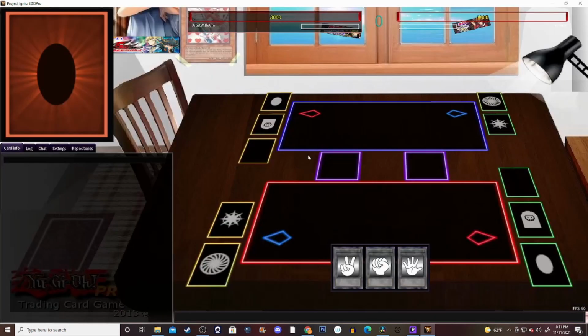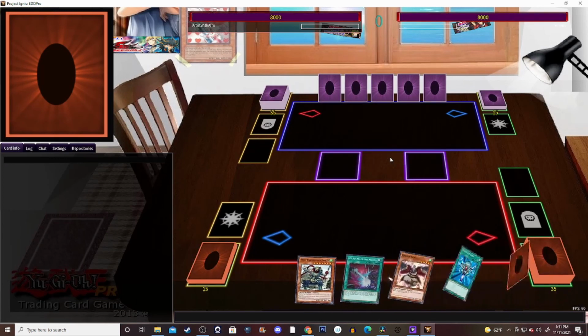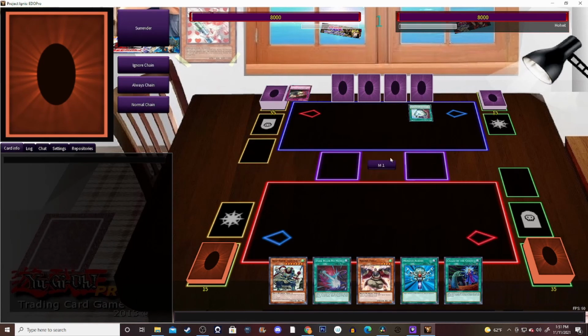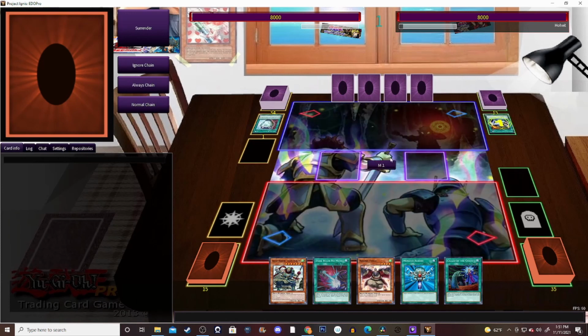The next duel that we have is going to be an interesting one, and this is kind of another advocacy for more back row destruction. So we start off with a fairly bad hand, I'm not going to lie. Dark Ruler No More is good, Called by the Grave is alright. Monster Reborn is good for my Reborn Tengu, but I really can't do anything. My opponent gets the Dark Bribe, but he also gets...